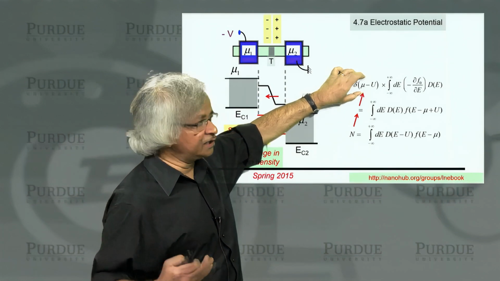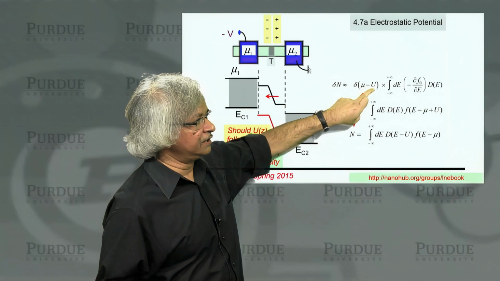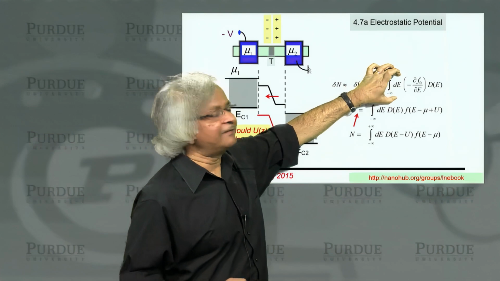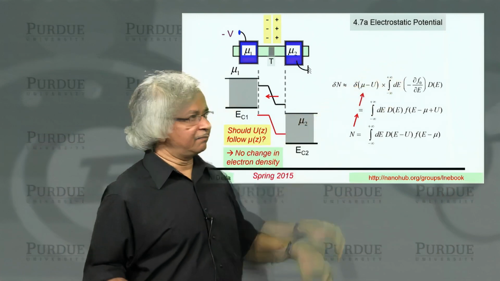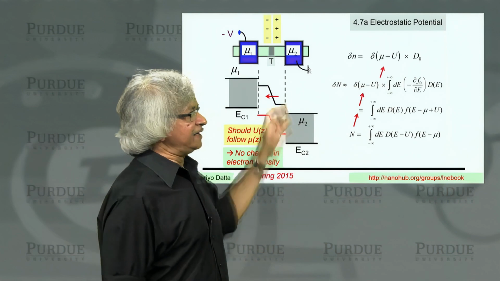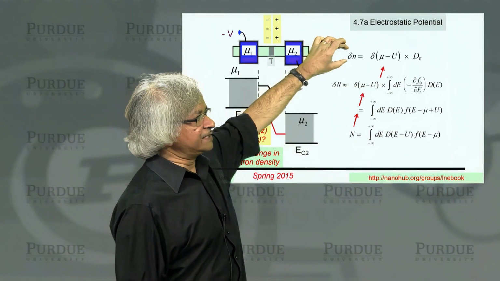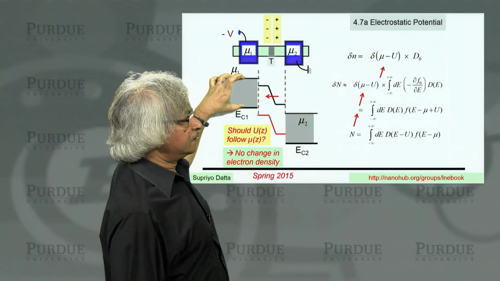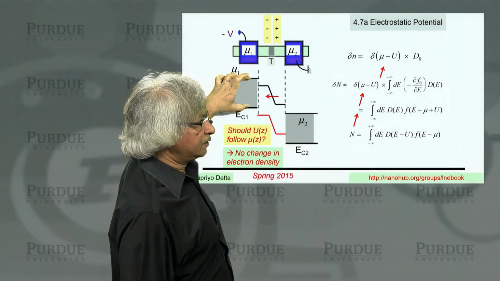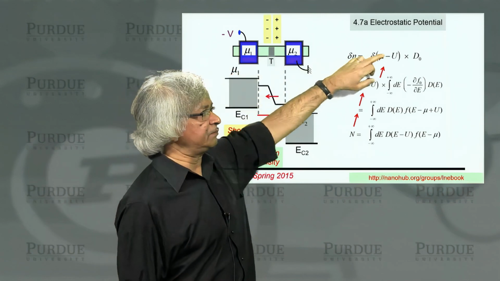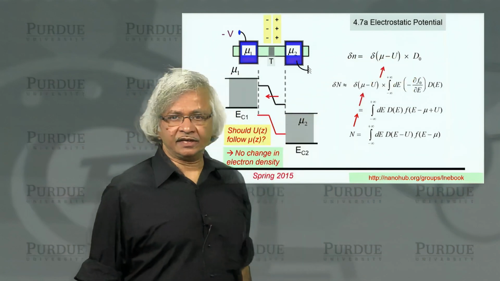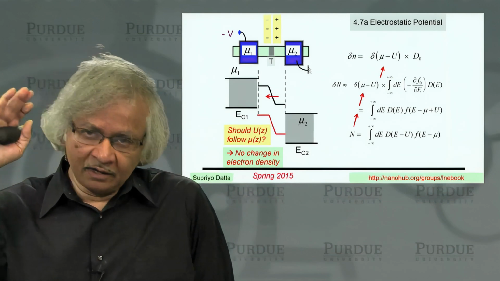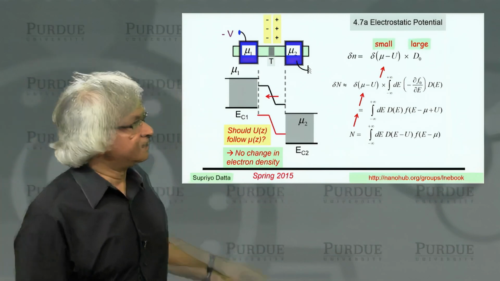As I mentioned, instinctively, of course, electron density depends on this mu minus U, and it's related by this average density of states. That's the point I'm trying to make, that you could generally write the change in electron density and relate it to the change in the difference between the electrochemical and electrostatic potentials through the density of states. Now what that means is, if you had a very conductive medium with a high density of states, so it's large D0,